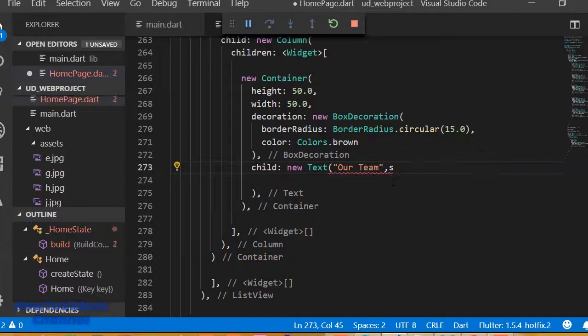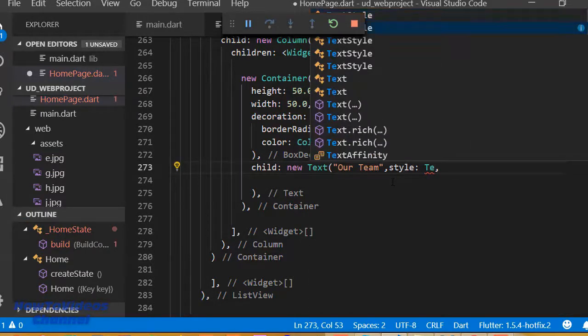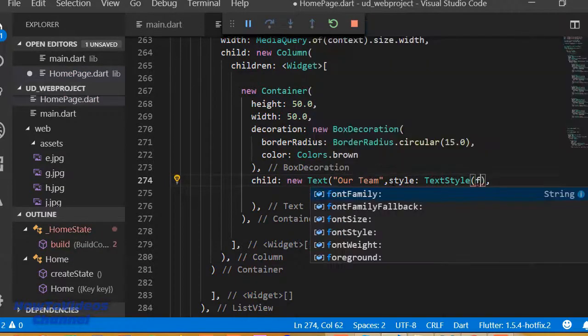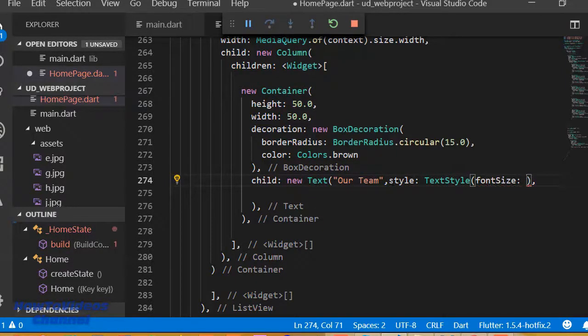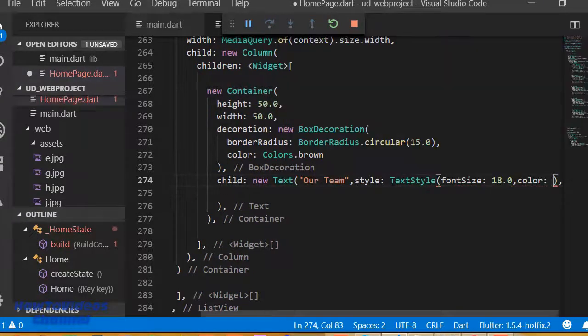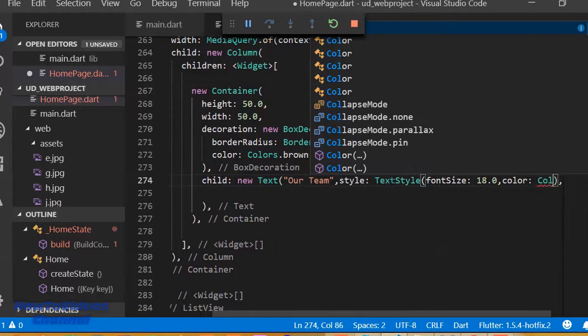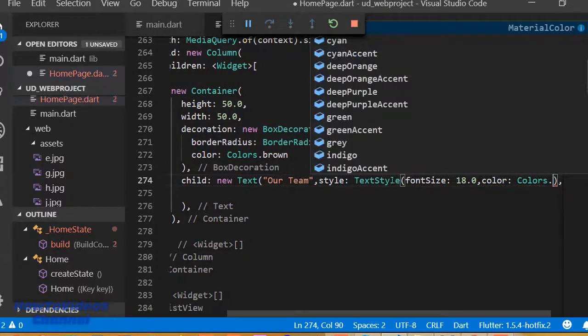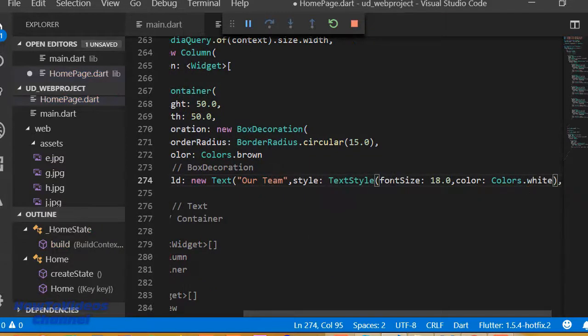I'm sorry, it should be style, and style contains a TextStyle, and inside this TextStyle we need to add our font size. Say font size is 18.0, and color is going to be Colors.white. Now if I do save,